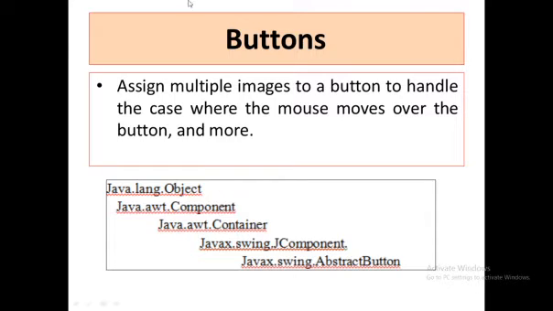Then after that, the next class is the Component class of the AWT package. The Component class properties are acquired by Container, which also belongs to the AWT package. After Container, we have the JComponent class that belongs to the swing package. And whenever we want to implement a swing component, those are derived, they are subclasses of the JComponent class. Now here the swing AbstractButton is an abstract class and all the button classes are derived from this AbstractButton class.